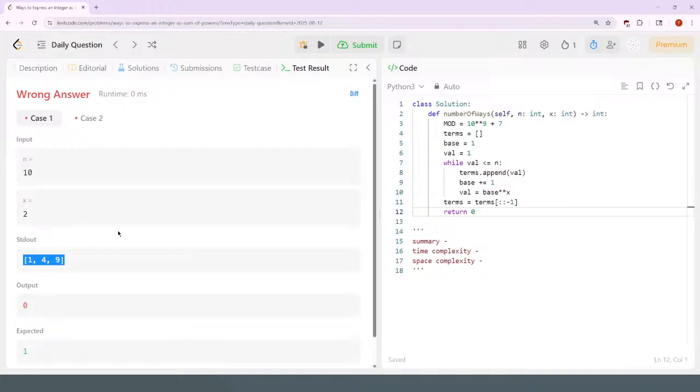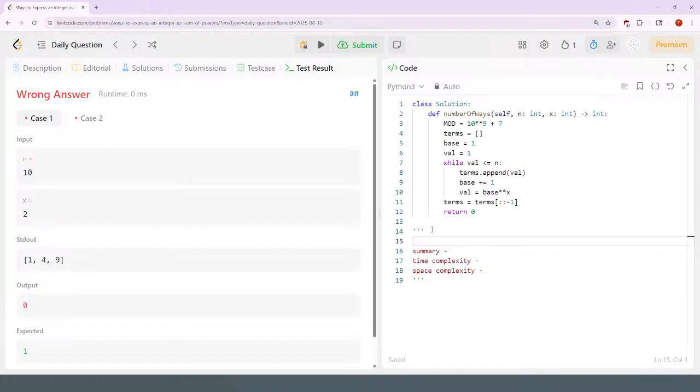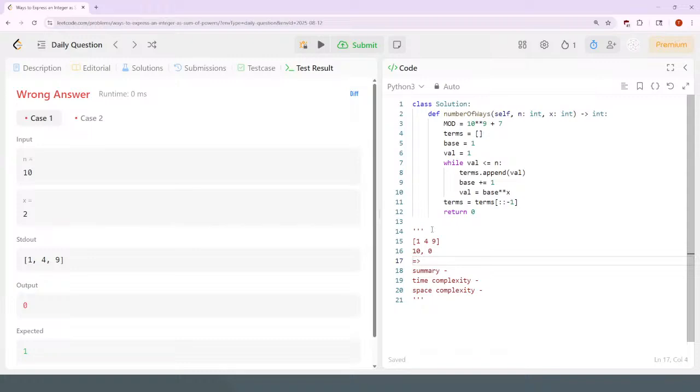So you'd say, okay, it's 10, your array is 1, 4, 9. You start by having 10, 0, which is your goal is 10, your index is 0, and then you go like 10, 1 if you don't